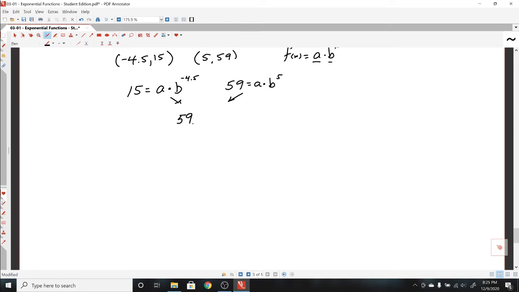I would take the left side of this equation and divide it by the left side of this equation. Take the right side of this equation and divide it by the right side of this equation. Now again, since these two things are equal and these two things are equal, we can do that process. So now the left side, still 59 over 15. But look at this. On the right side, if I have 3x over 3y, we can cancel those 3's. So I'm going to do the same thing here. I can cancel those a's. Now I have a quotient of powers, so I get b to the 5 minus negative 4.5,